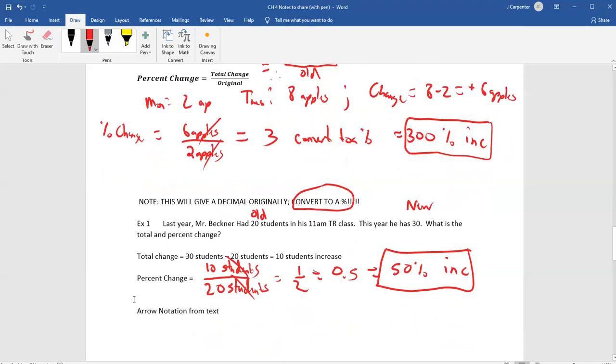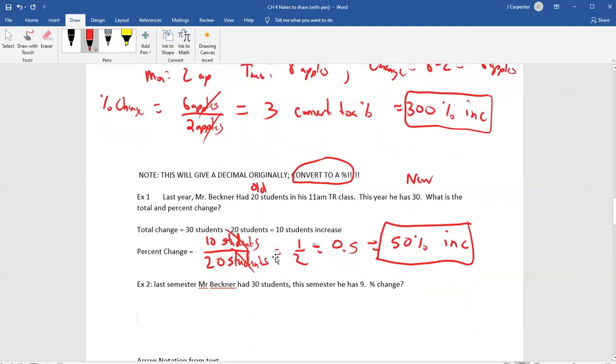I could even do this for now. So let's say, example 2. Last semester, Mr. Beckner had 30 students. This semester, 9 students. Percent change. So the total change would be the new minus the old. The new is the 9 students, minus the old was the 30 students, and 9 minus 30 is negative 21